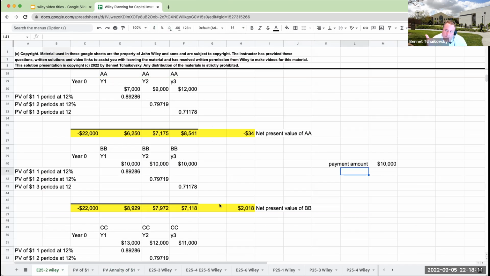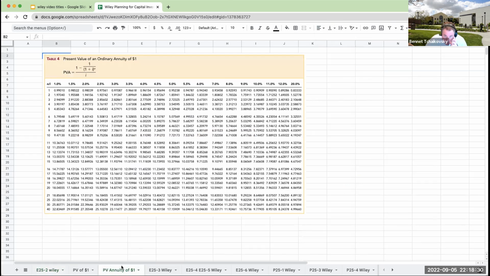What is the interest rate and how many times is it being paid? Well, it's being paid 3 times, at 12%. So when I come over here to this table, present value of an annuity of $1, 3 periods at 12% is